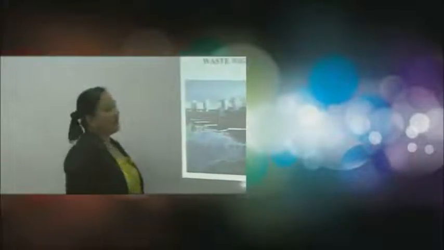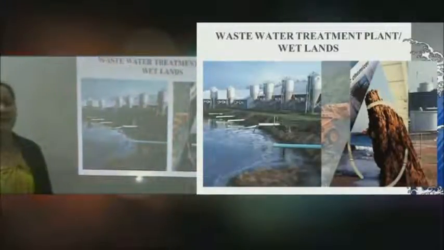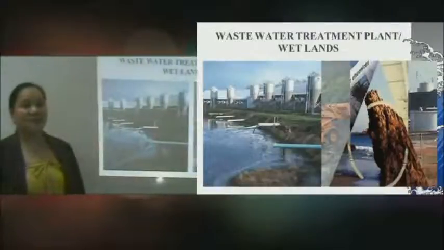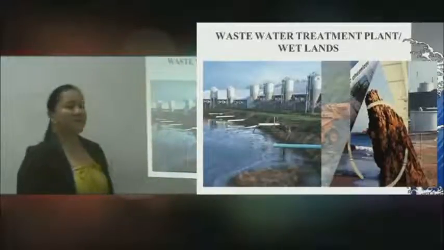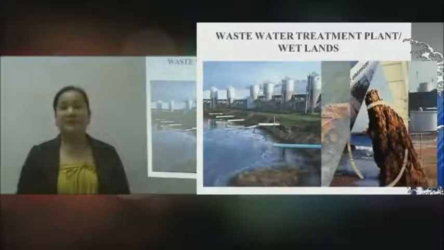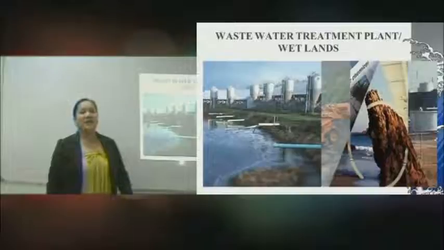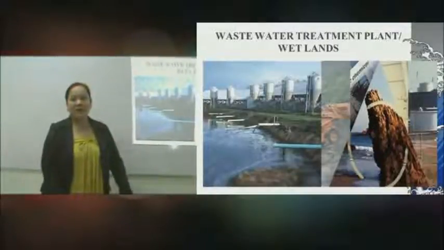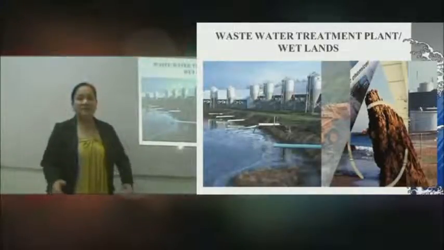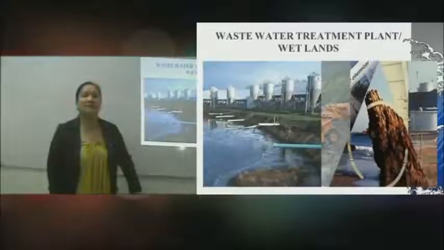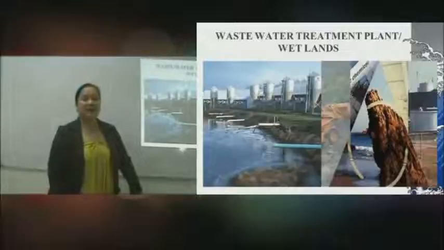One of the natural ways of treating water or wastewater would be the utilization of wetlands. So you're familiar with marshlands, swamps, and sometimes this is being done as pre-treatment or post-treatment. So you have some industrial plants or wastewater treatment plants in industries with oxidation ponds prior to the treatment and after the treatment. The purpose of which is to naturally expose the wastewater or the water to the environment to naturally degrade remaining contaminants or pollutants.